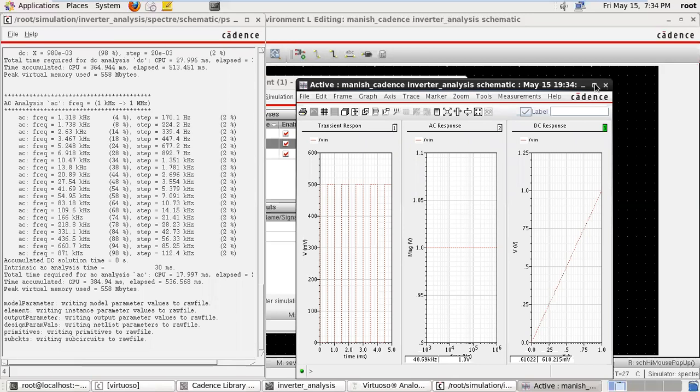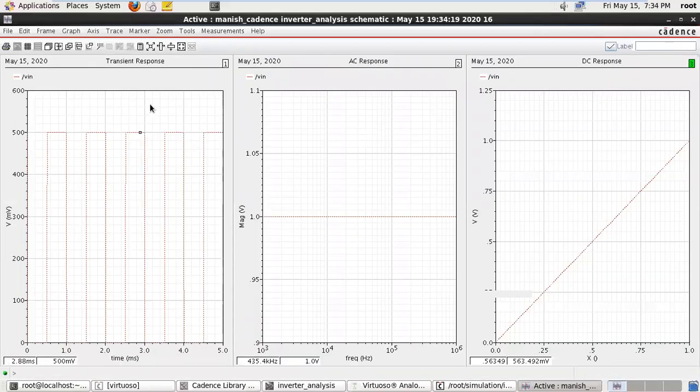So see here, there are three windows. This is my first input window, access strip.